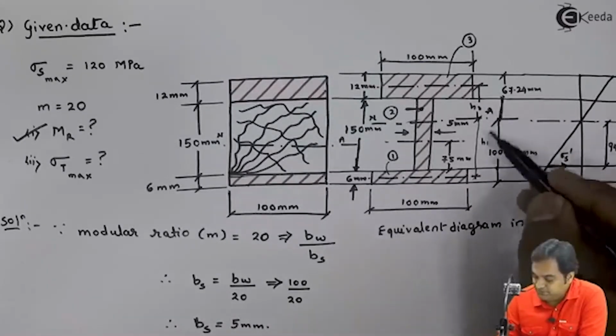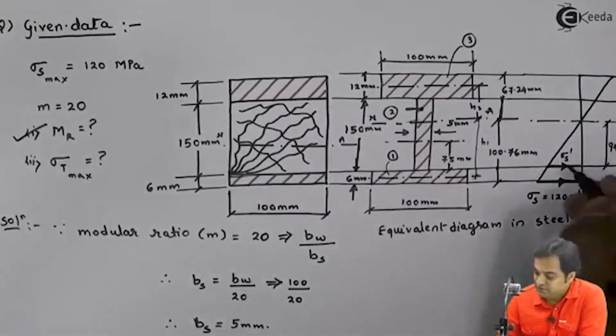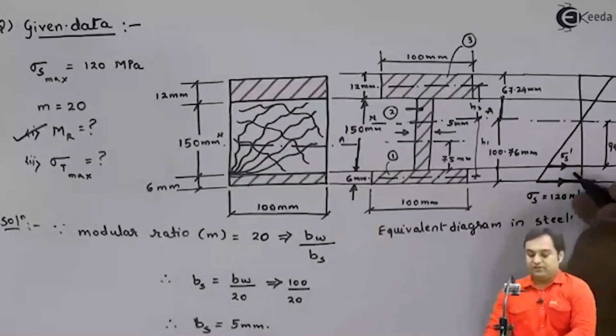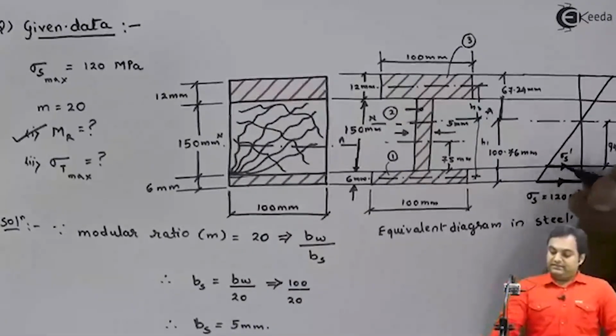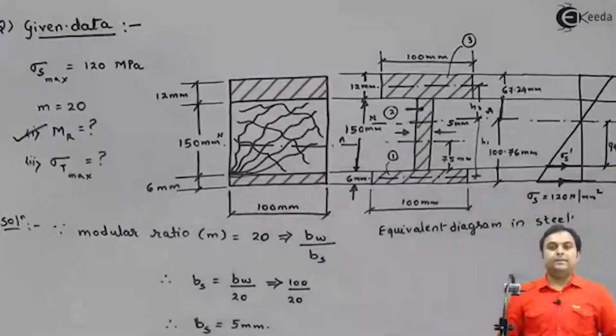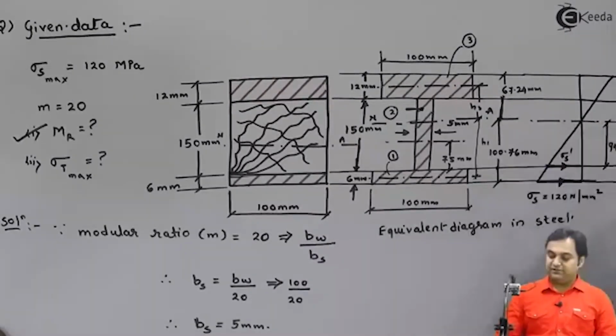So that is 100.76 minus 6, so it comes out to be 94.76. So I would first be calculating the stress in steel at this intersection of timber and steel, and then I would be using the modular ratio formula to get the answer of maximum stress in timber. So after this, I will say that from similarity of triangles,